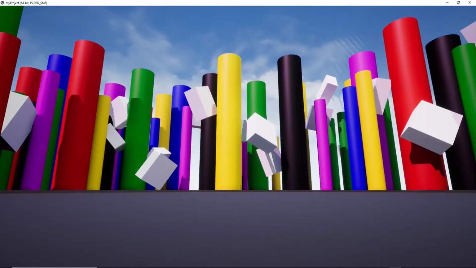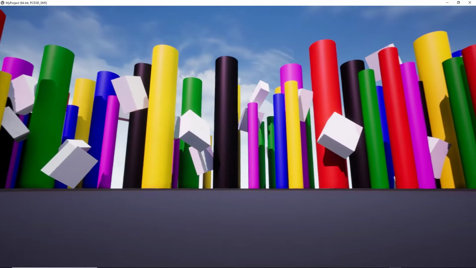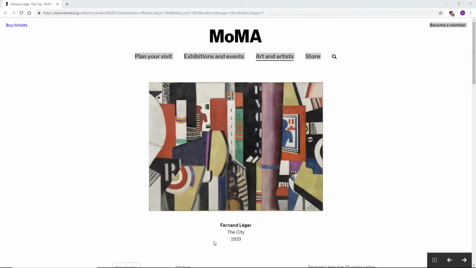The painting that I selected for this project was The City by Fernand Léger. I think that's how it's pronounced. Léger. He was a prominent cubist during the early 1900s, and he pulled a lot of inspiration from things such as the fractured objects and geometry, and primary colors, and all of those themes are very prominent in most of his works. But this particular painting of his caught my eye, and I used that as my inspiration